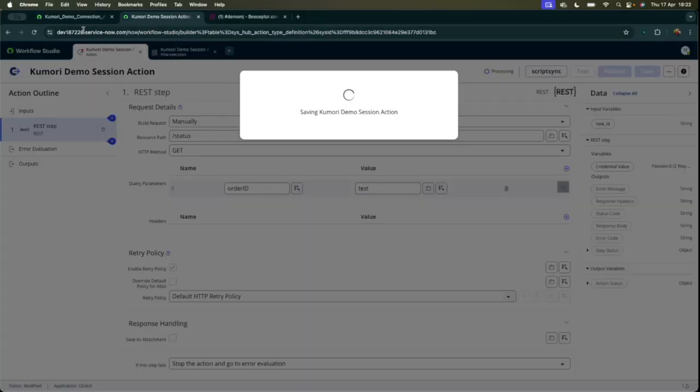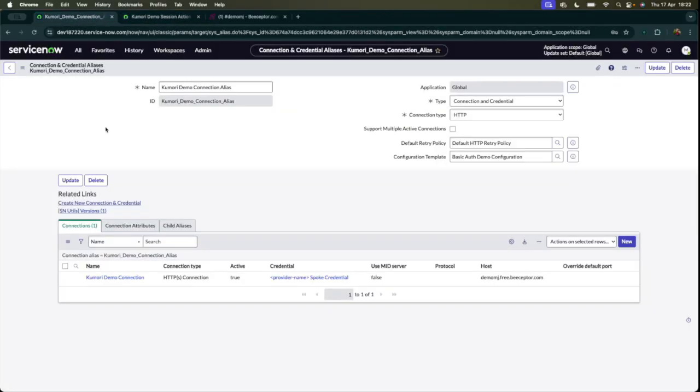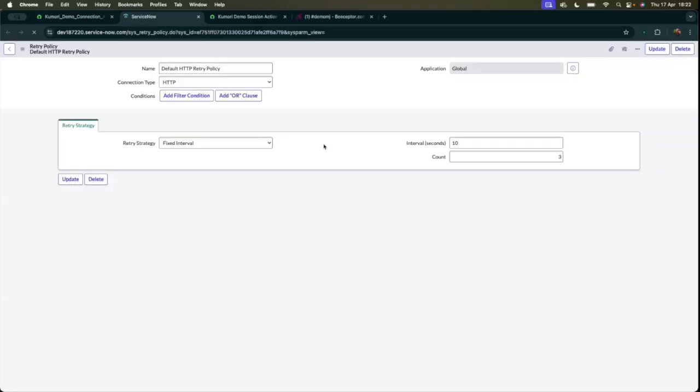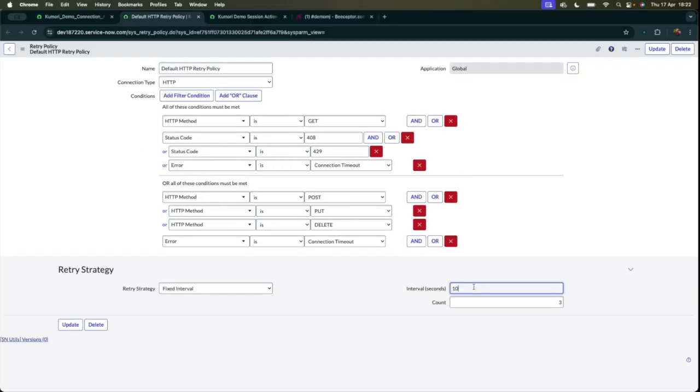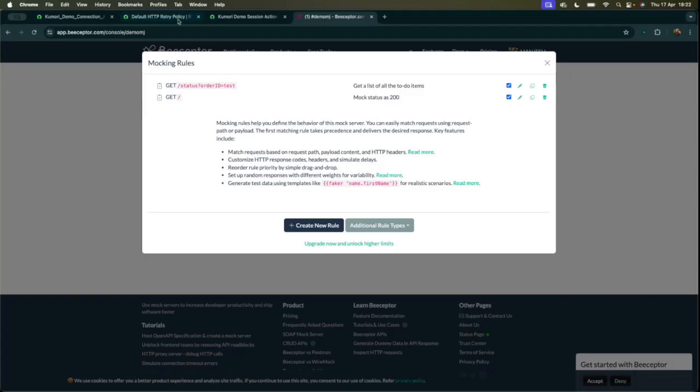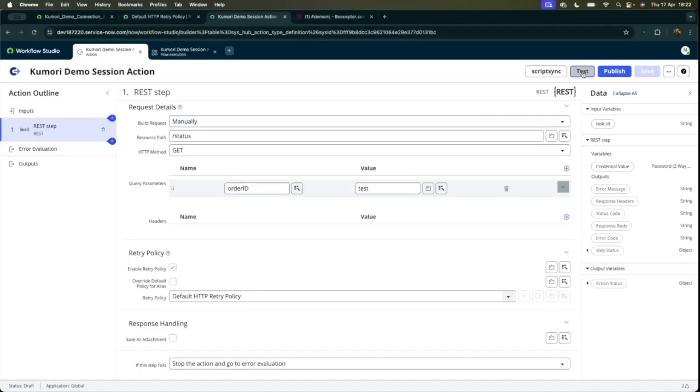Okay, let me open this. So they are saying we are going to retry for an interval of 10 seconds, 3 times, if status code is 408 or 429. So I'm going to update it here and make it 408. So I'm failing this request intentionally. Now if I test it,